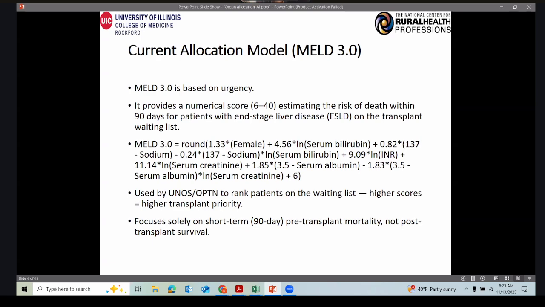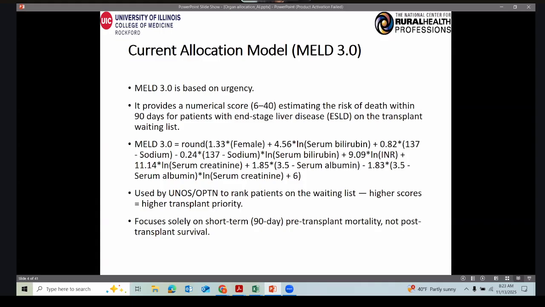It does not take into account post-transplant survival or how well the patients might do after surgery. This means it tells us who is sickest today, but not necessarily who will benefit the most in the long run. This is one of the key areas where AI and machine learning could add value by helping us build models that consider both pre and post transplant outcomes